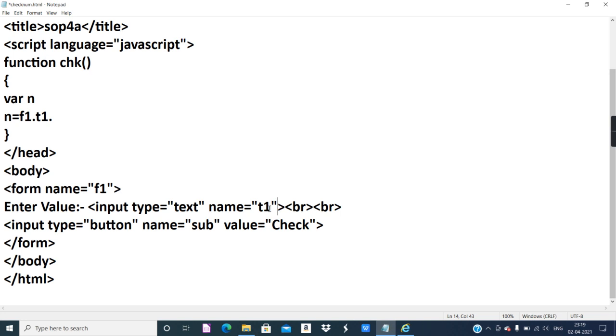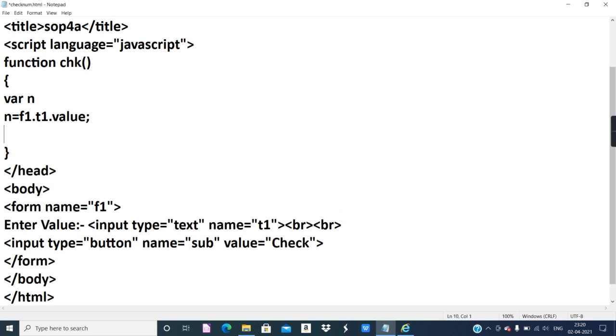So in HTML, value is the attribute of the input tag. But when we talk in terms of JavaScript, value is the property. We came across one such property called the length property of the string. So value is one more property.